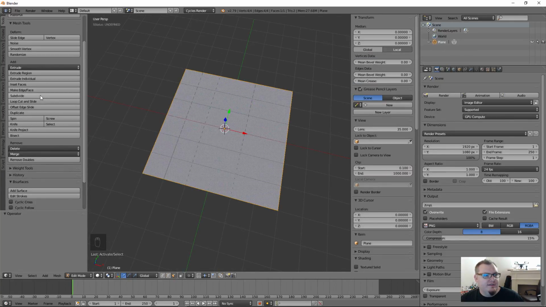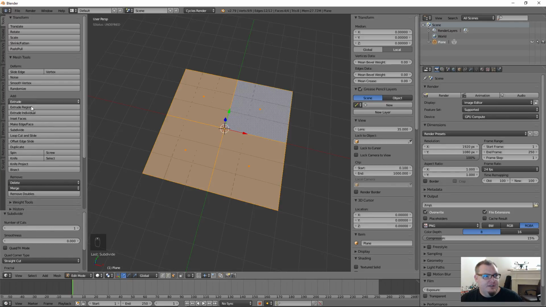Now if we select subdivide, that's going to subdivide vertically and horizontally by the number of cuts you see down here in these options. So every time you select one of these tools and it does an operation, it's going to give you some options down here in the lower left-hand corner, depending on what operation you're using. So with subdivide, it's going to give us this option for number of cuts. And so right now it says 1. If we click the right arrow,